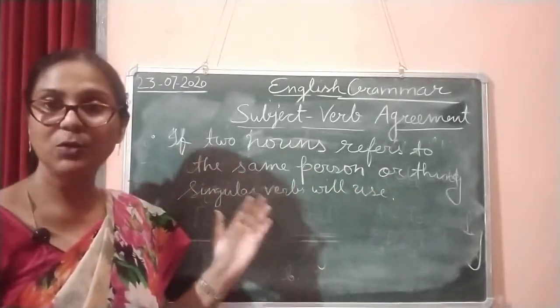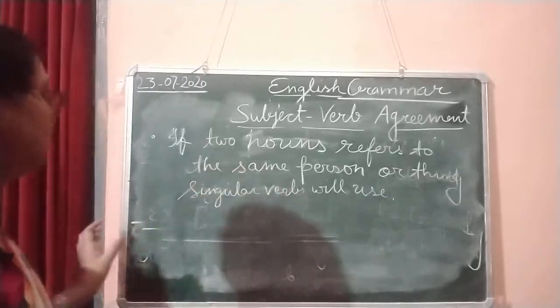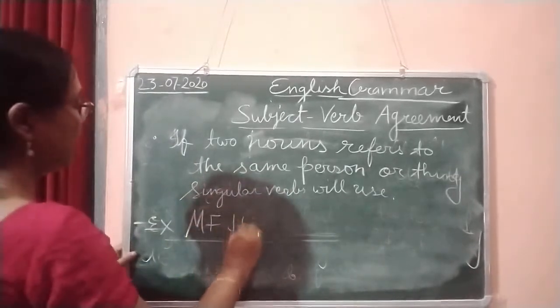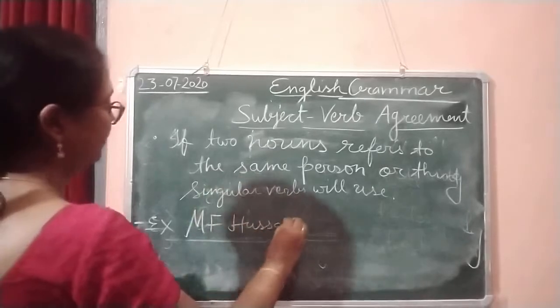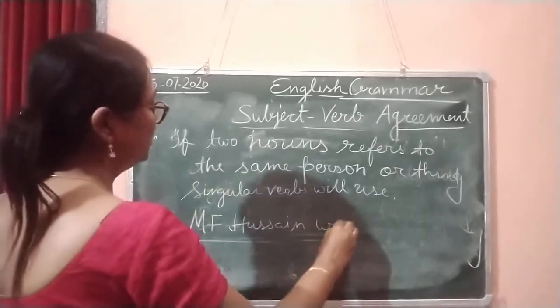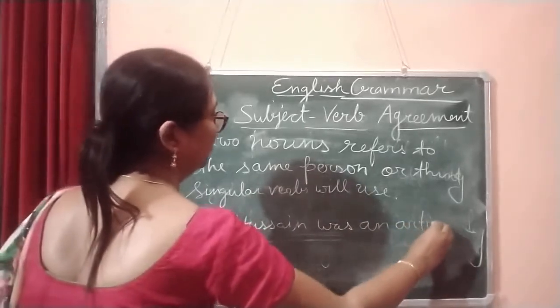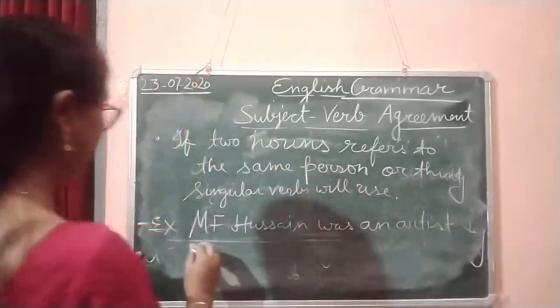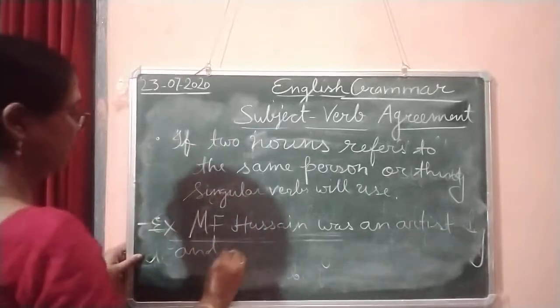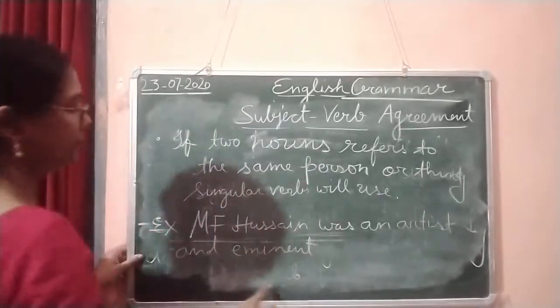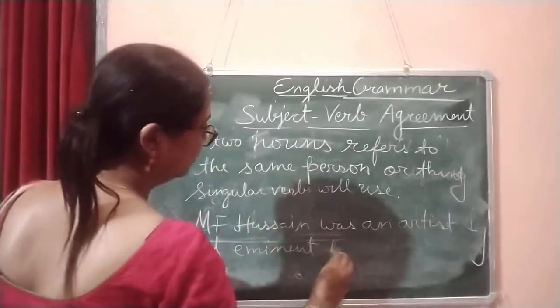So I am going to give an example. Example is M.F. Hussain was an artist and eminent person